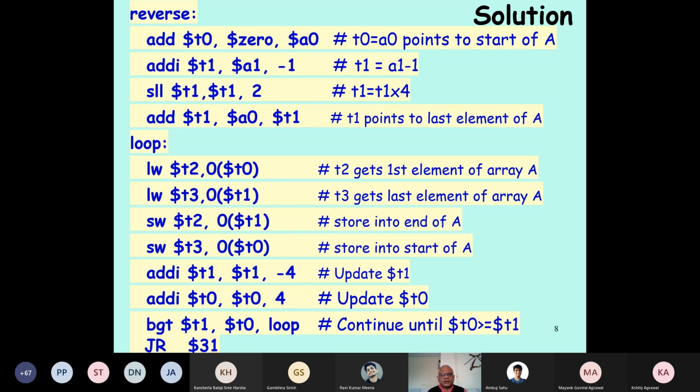One is the start and the other is the end. And we'll take help of this register T0, which will point to the address of the first element. Just copied A0 to T0. And we have added -1 to A1. A1 is the length of the array.